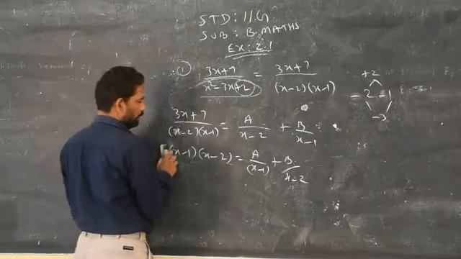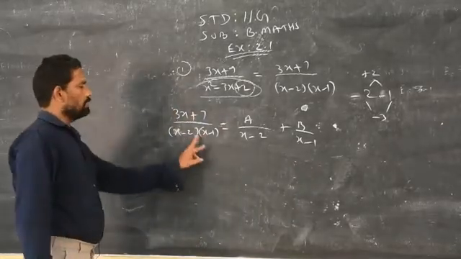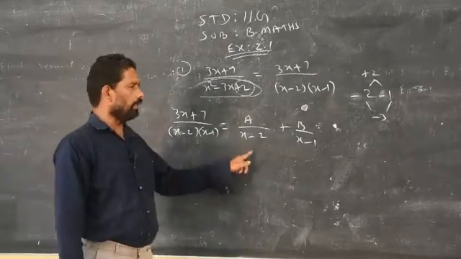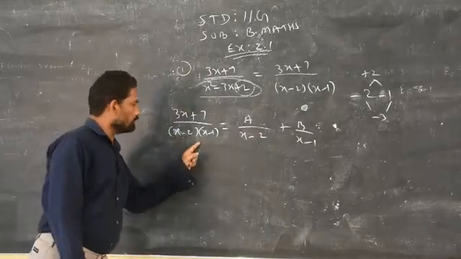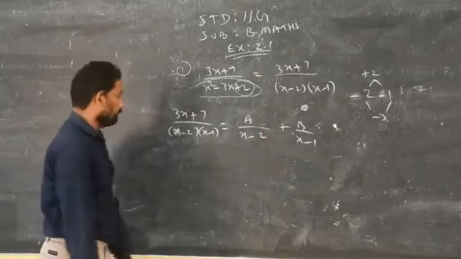Don't be confused. Clear? It is your wish to write the factors. You can interchange the places of these two factors, but keep in your mind, a by first factor plus b by second factor. If you write the first factor as x minus 1, then a by x minus 1 plus b by x minus 2. Clear? Now,